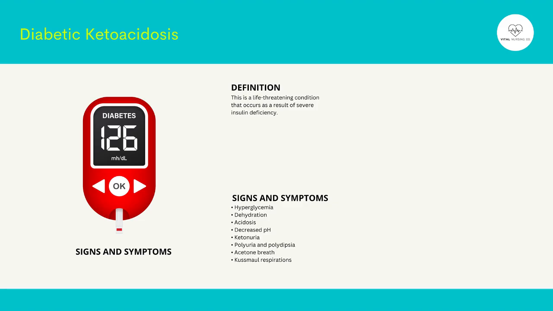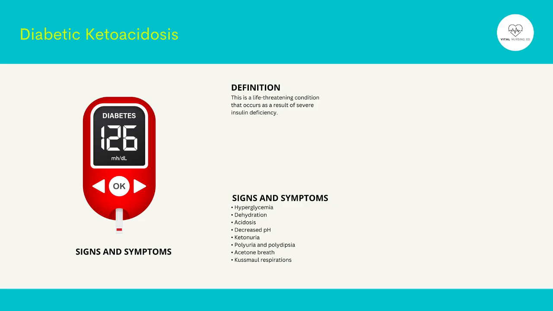Now, remember that the three main clinical features of diabetic ketoacidosis are: 1. Hyperglycemia, due to decreased use of glucose by the cells and increased production of glucose by the liver. 2. Dehydration and electrolyte loss, resulting from polyuria, with a loss of up to 6.5 liters of water and up to 400 to 500 each of sodium, potassium, and chloride over 24 hours. And 3. Acidosis, due to an excess breakdown of fat to fatty acids and production of ketone bodies, which are